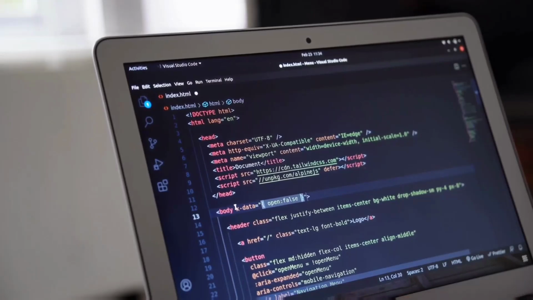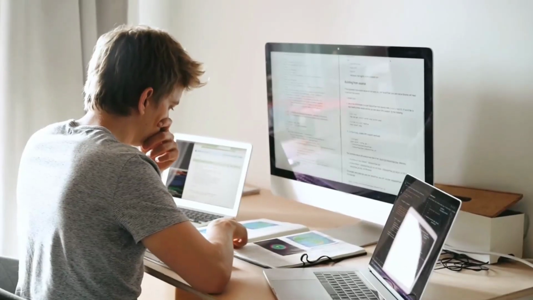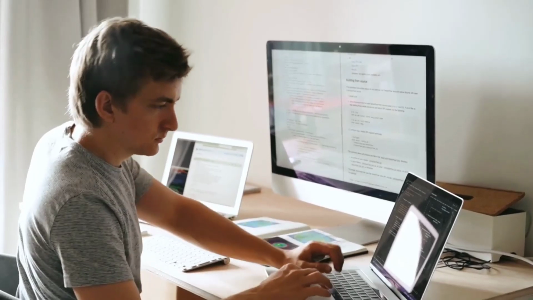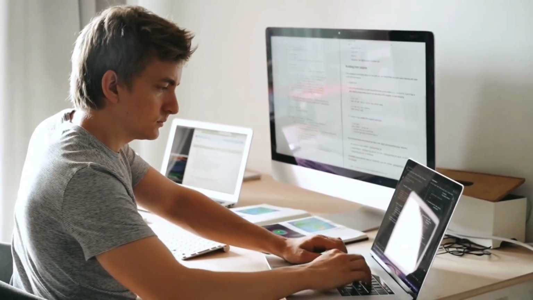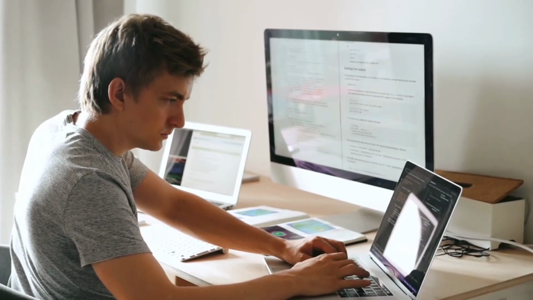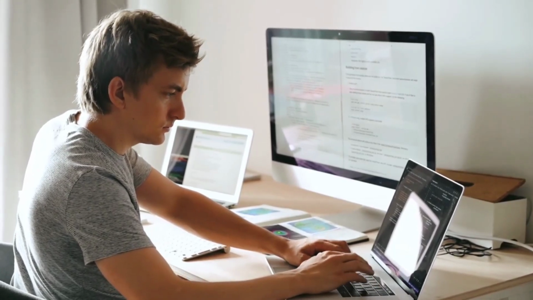Perhaps you want to add some white space, create a focal point, or simply break away from the traditional full width. Whatever your reason, this design element can add a touch of elegance and sophistication to your digital creation. In this video, we'll delve into the world of layout design and explore how to achieve this specific look without using any code. By the end of this video, you'll have a solid understanding of the concepts and steps involved